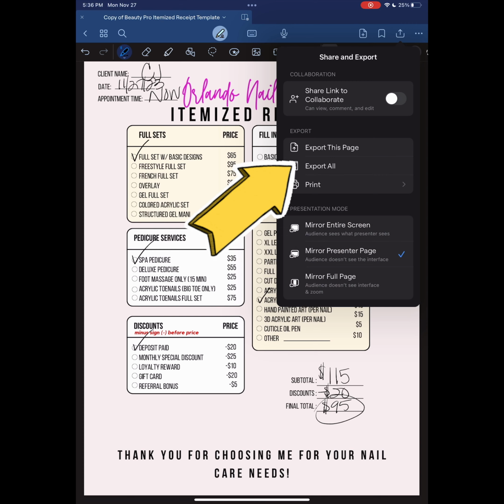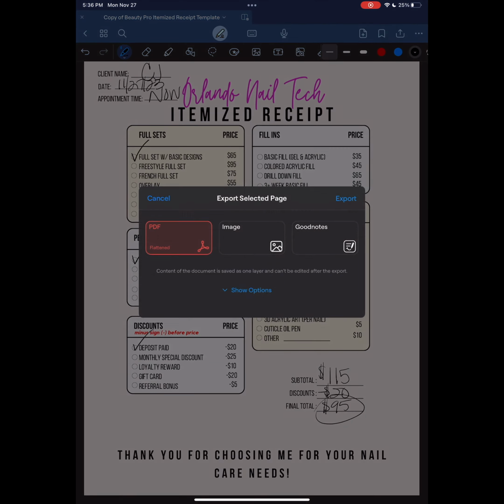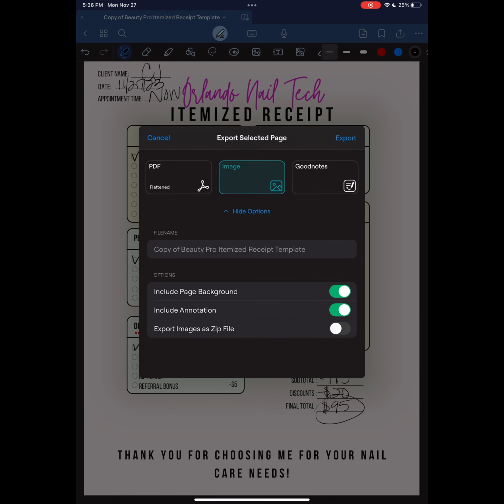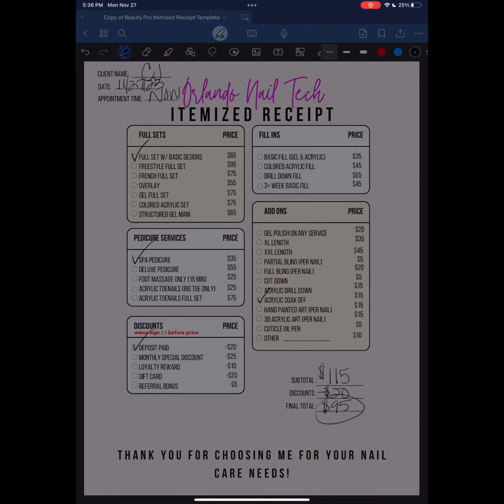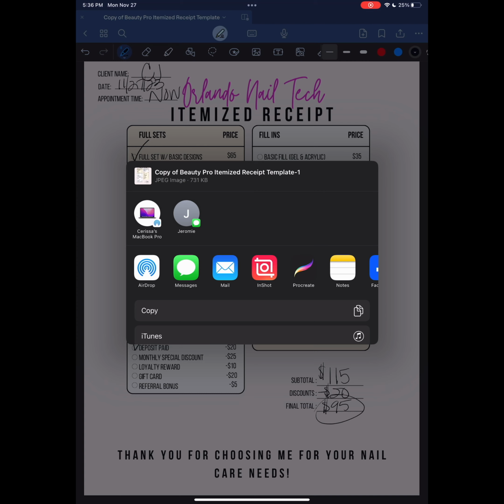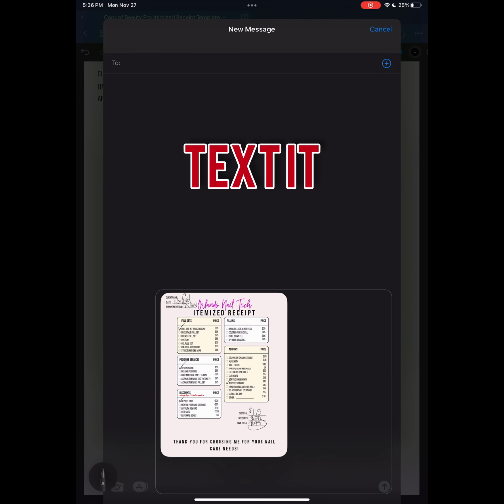Okay, so to share it with your client, you're going to go to that share arrow up there and tap export this page. Then you're going to tap the middle where it says image, and then you're going to either choose your options or go straight into the little export button right up there in the top right. Then all your options will pop up. You can do this in a whole bunch of different ways. So you can either text it,